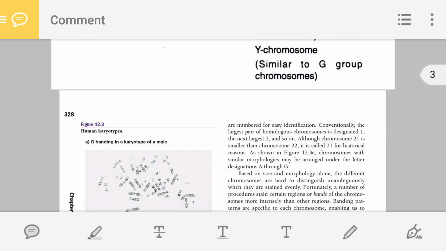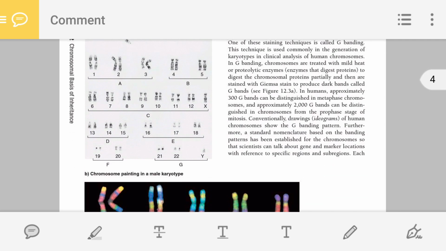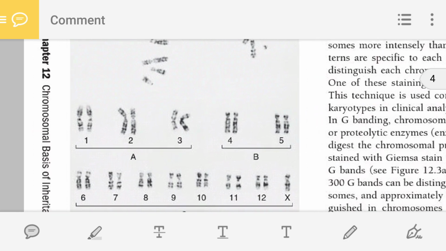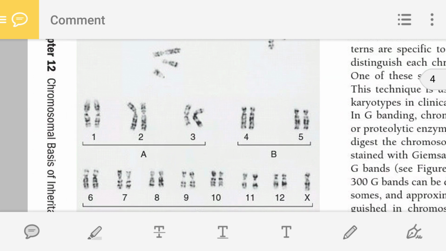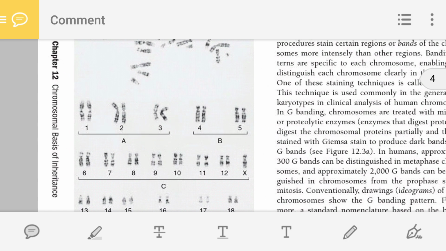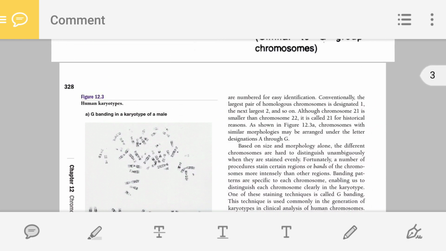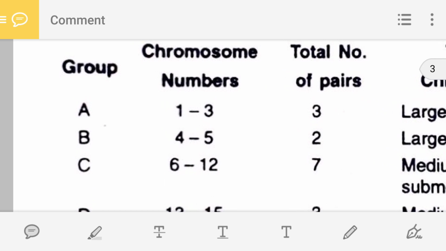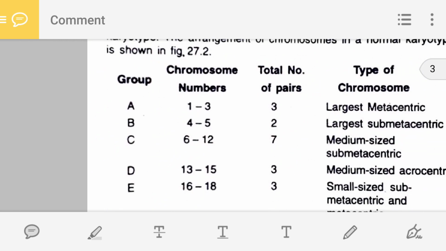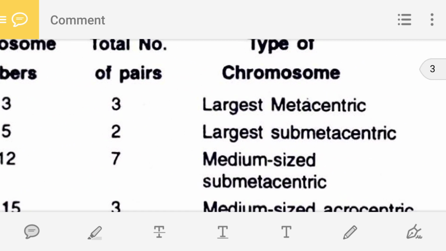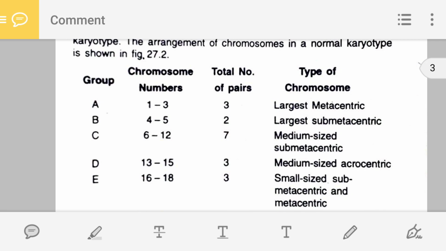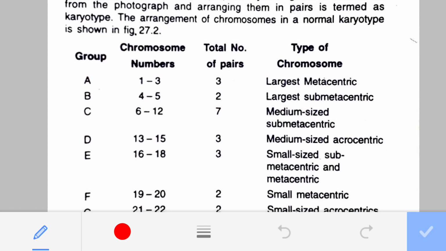So once again, for example, over here, 1 2 3 and A is written. Okay, so there are 3 pairs. So now you understand. So group A, there are 3 pairs and the type of chromosome, so largest metacentric. Then group B,